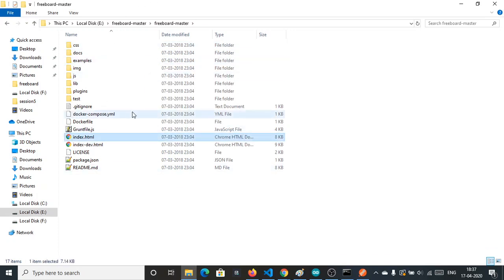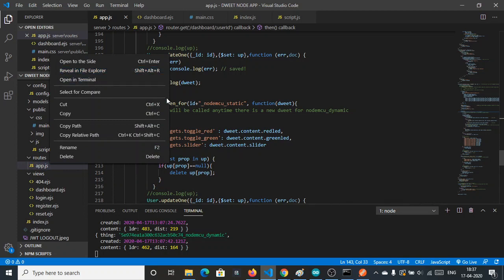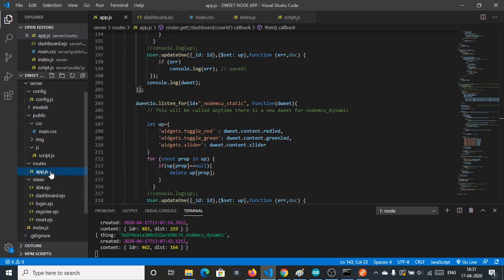So you need to open index.html in any server. So you need to have any HTTP server, or you need to have this type of advanced text editor. You can start a server easily from here as well.